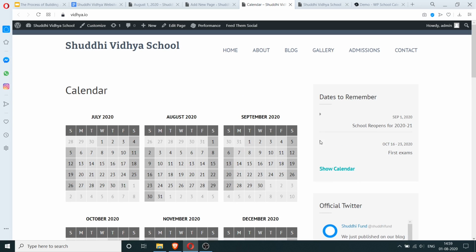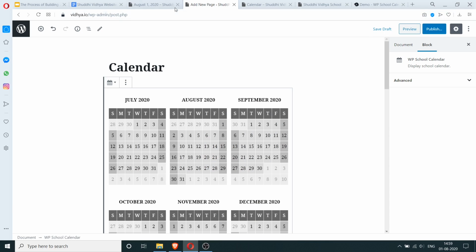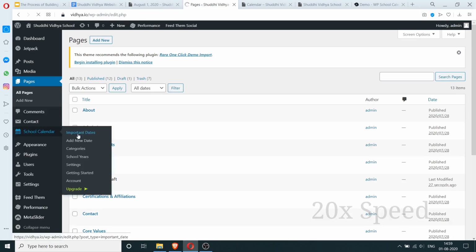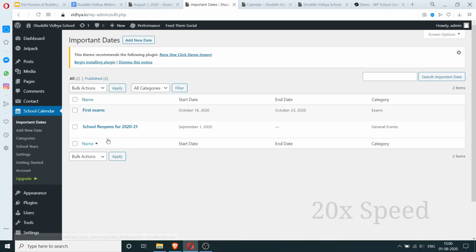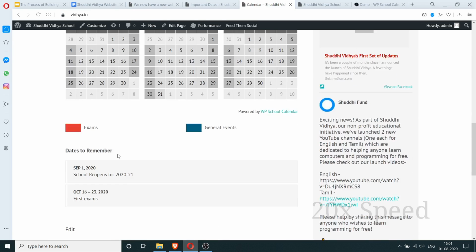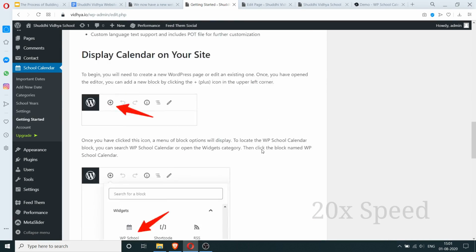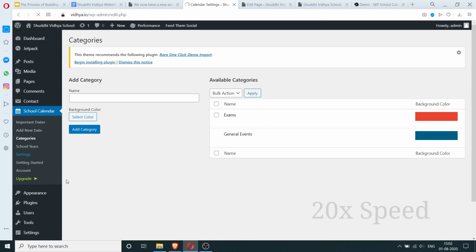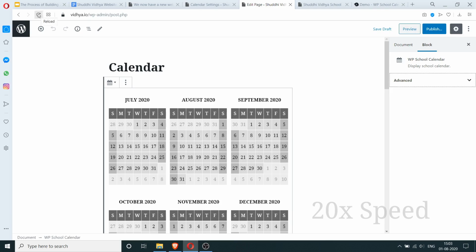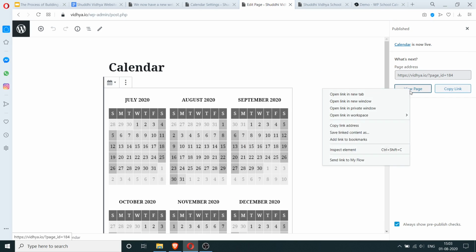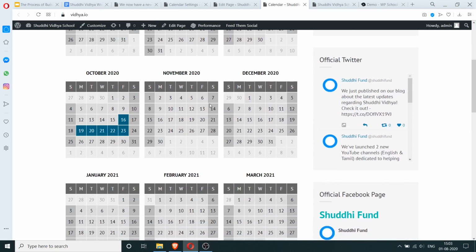Okay, I'm not sure why it's not highlighting this here. Let's see if there's some issue here. So I'm going to go to calendar. Okay, now it's showing the stuff.